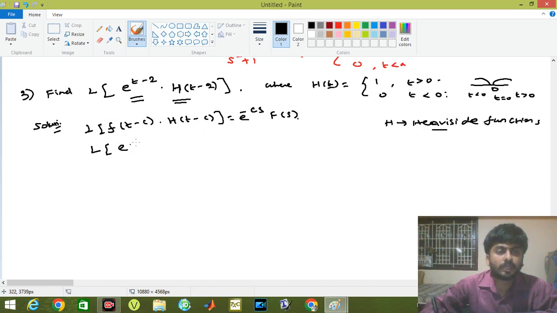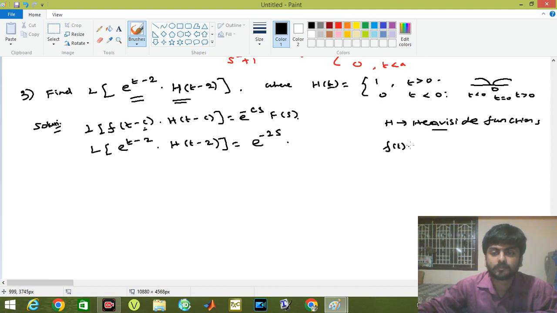So L of e power of t minus 2 into h of t minus 2 will give you the result e power of minus 2s into f of s. So we have to find f of s for f of t without considering this c. So our f of t is